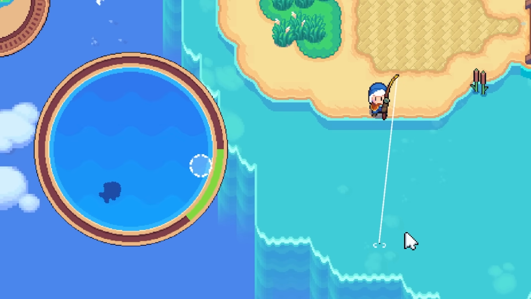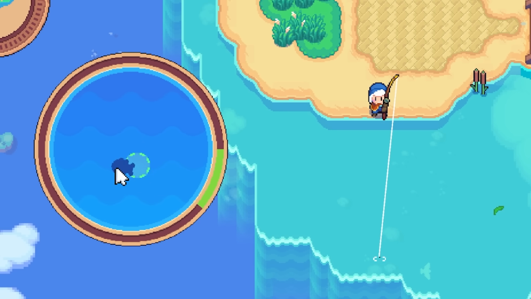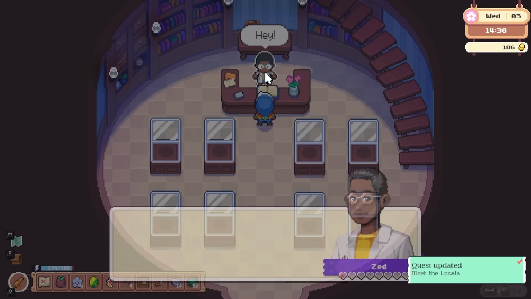Oh, we got a fish. Oh no. Oh, what do I do? Okay, let me try it again. I see. I use my mouse to chase the little fish silhouette and bada bing bada boom, fish. That wasn't so bad. Today we also met Cleo, a scholar and historian, and in the science center, Zed, a